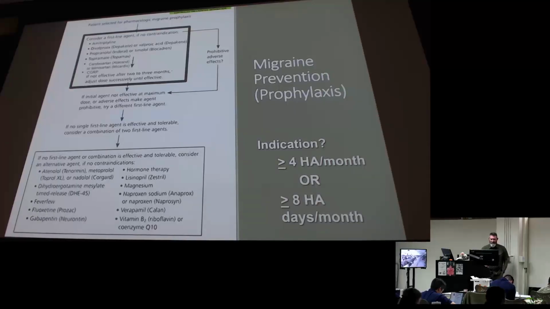And then we're going to talk about CGRPs in depth. ARBs are on the list too, the candesartan, telmisartan. They're still considered, everything in the dark outline is considered a first line choice, but based on comorbidities. Propranolol is what you're going to see on boards often as the first line choice.